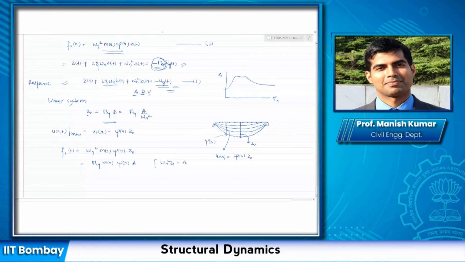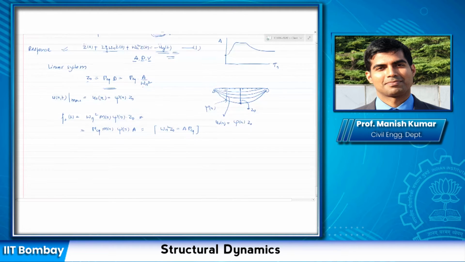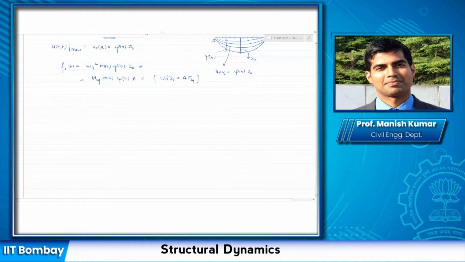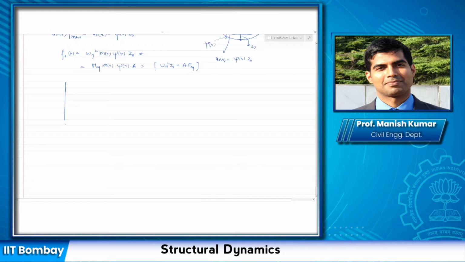So the question becomes, once I have the equivalent static force, how do I find out shear force at different locations or moment at different locations? So let me take the example of that vertical cantilever that we have considered, saying I'm applying this equivalent static force, which is this. And I want to find out what is my shear force at any distance x.